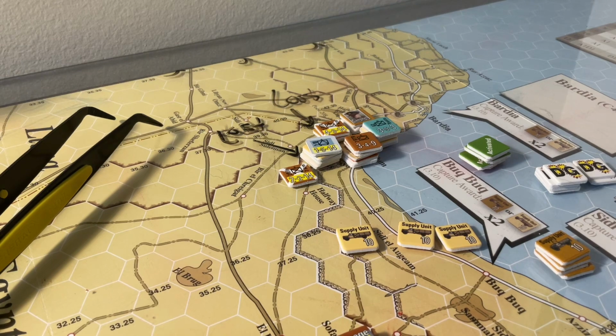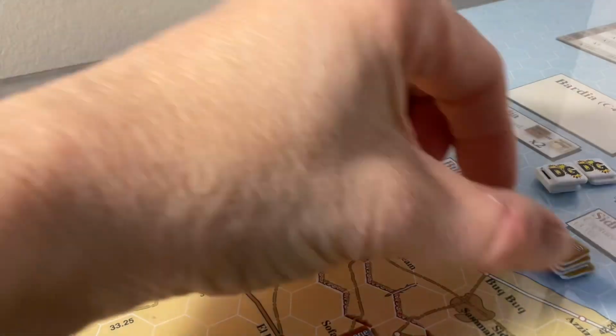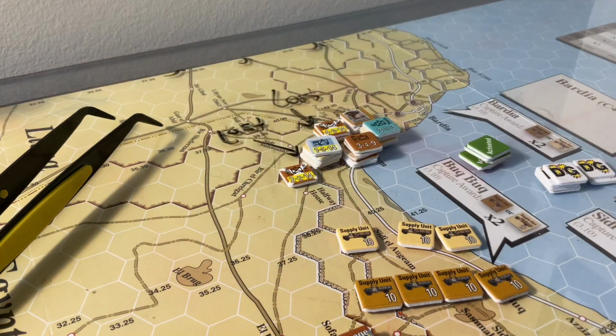So anyway, the Commonwealth reacted, then the Axis did a limited activation, did a little bit more moving, a little bit of battling. Some guys lost some steps here and there. The Commonwealth then did a full. Now here's one thing I don't understand about this scenario. The Commonwealth get 4 supply units at the beginning. Well, if you want to involve those guys over on the east, if I'm understanding everything, because I don't think I could have done